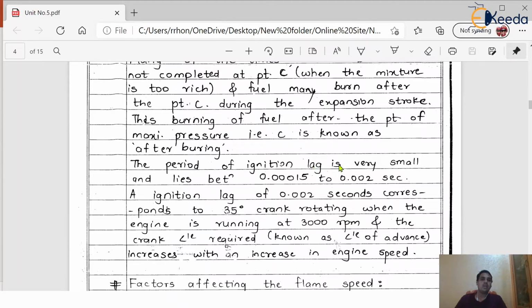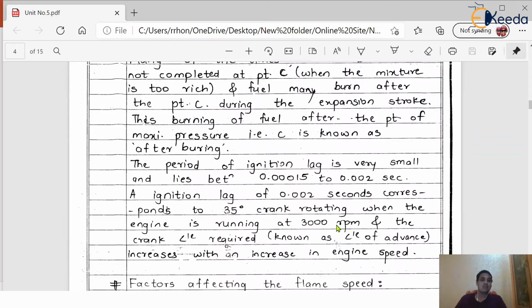The period of ignition lag is very small and lies between 0.00015 to 0.002 second. So please concentrate on these particular values. This lag is very, very small, a very minute lag of 0.002 second. Okay, this is a part of a second itself. So ignition lag of 0.002 seconds corresponds to near about 35 degrees of crank rotation when the engine is running